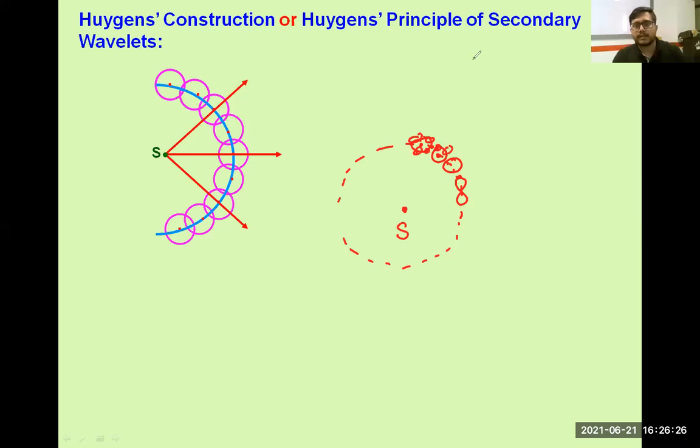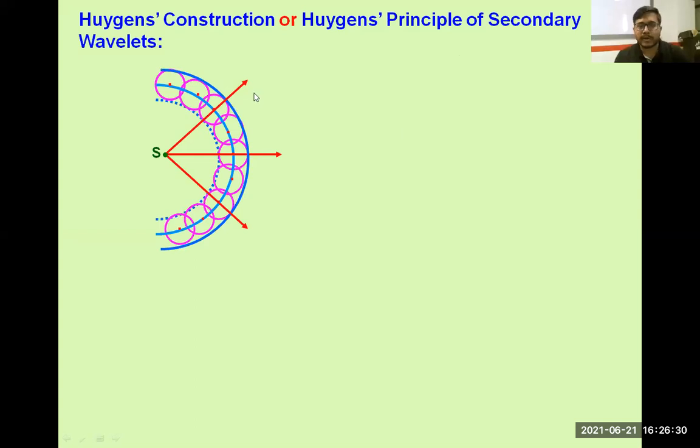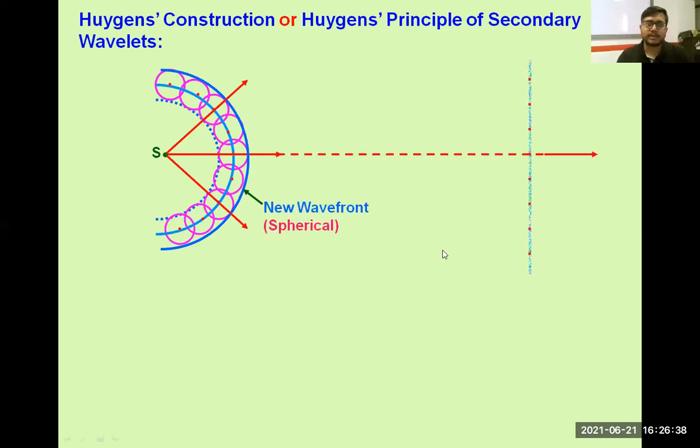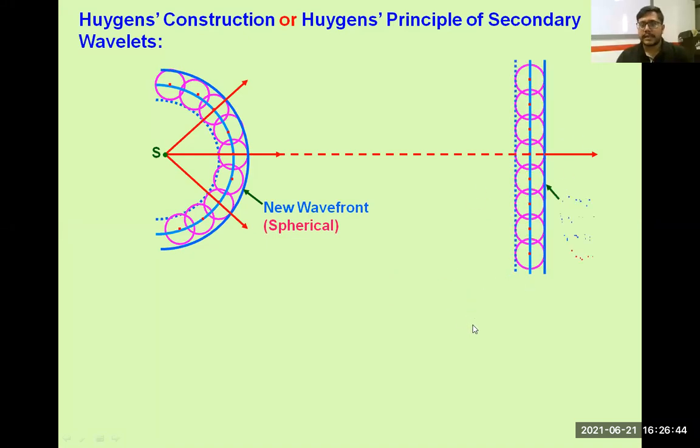So similarly, the total propagation of ray of light will propagate like this only. It is propagating like this. You can see from the diagram. Okay, this is called the new wavefront, which is also spherical in nature. For a line source of light also, you can see that this type of new wavefront will form, and it is called a plane wavefront.